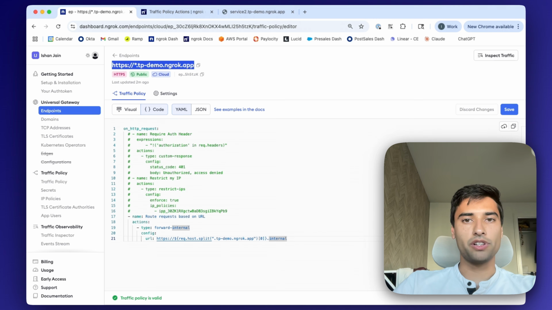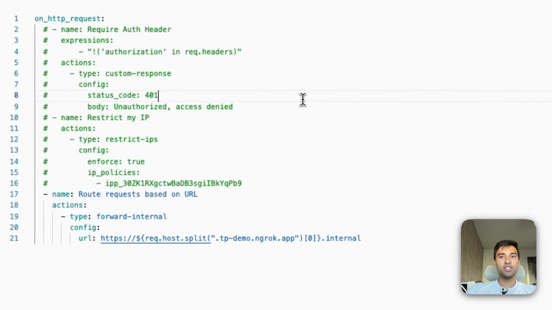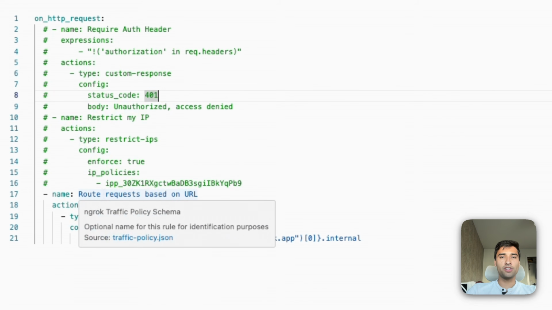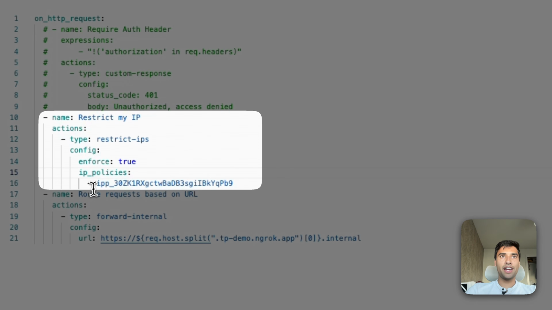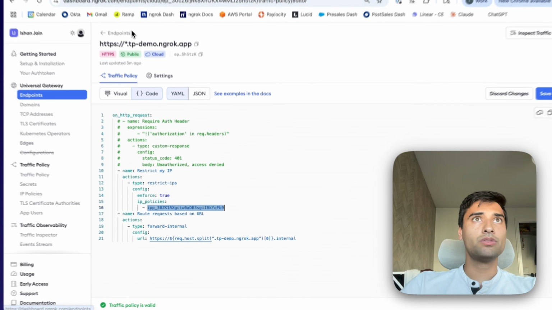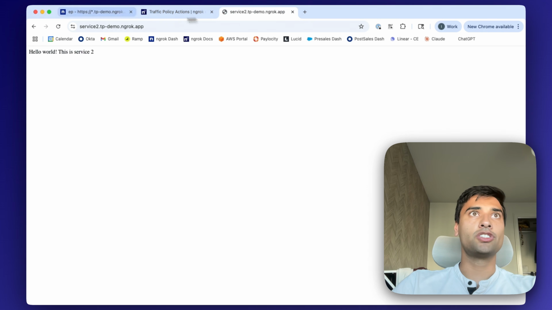Now that we're routing properly, let's add some security with IP restrictions. Using the restrict IPs action, we can control exactly which clients can access our services. We can also define reusable IP policies directly in our dashboard and reference them right here in our traffic policy. In this example, I've added an IP policy that blocks my own IP address. So when I try to access the service, ngrok enforces the policy and denies the request without it ever touching my upstream infrastructure. So if I save that and I try to access my service 1 again,